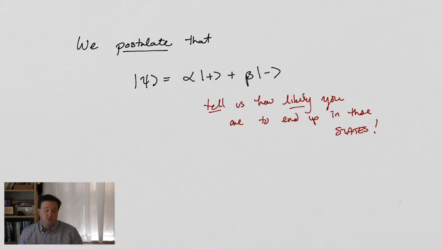So the second postulate that we're going to grapple with then is, what do these probability amplitudes mean if I know that when I actually take a measurement, I'm never going to be able to figure out what they were? What the probability amplitudes mean are somehow the likelihood of taking those measurements. So if I knew the probability amplitudes, maybe I could give some probabilistic estimate, or make some guess as to what the likelihood of different measurements were going to be at the end of the day, right? After I